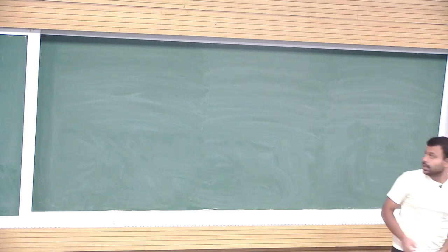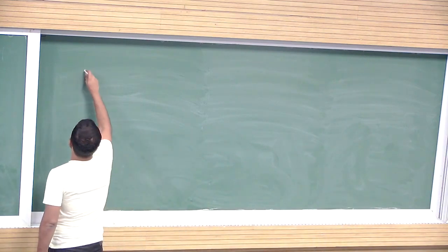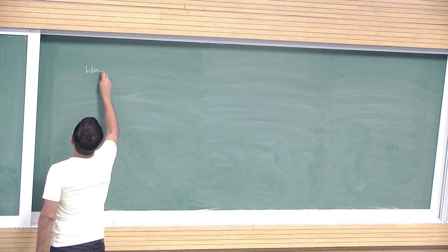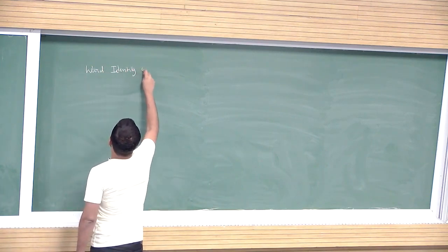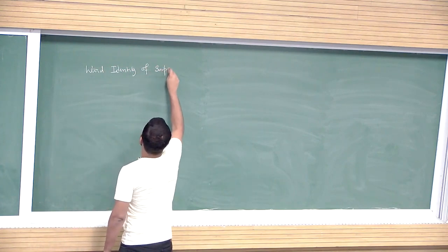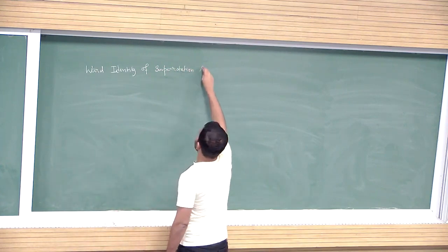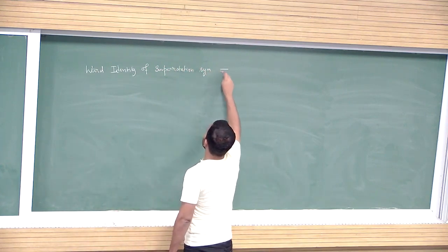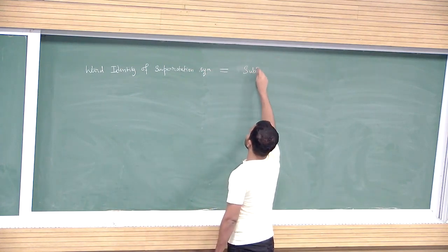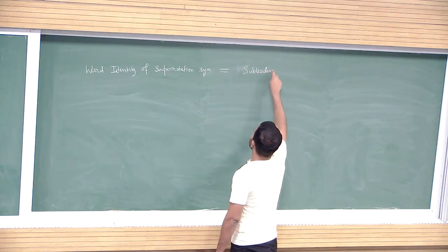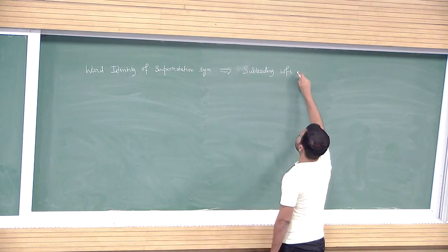Today, let me just recap what I was trying to do. What I was trying to do is to show that the Ward identity of superrotation symmetry is nothing but the subleading soft graviton theorem. Should I say it corresponds to